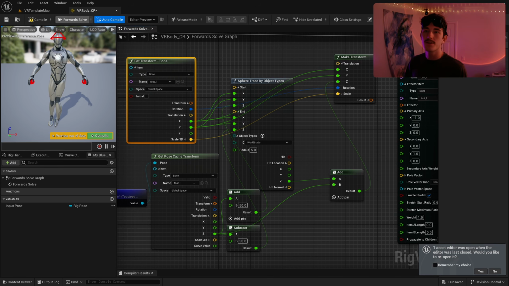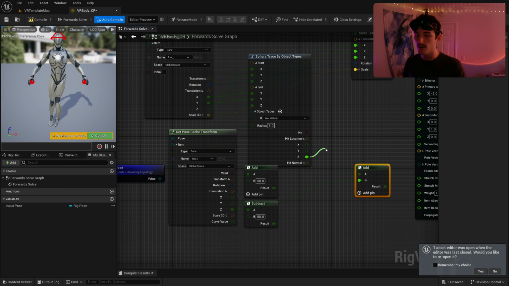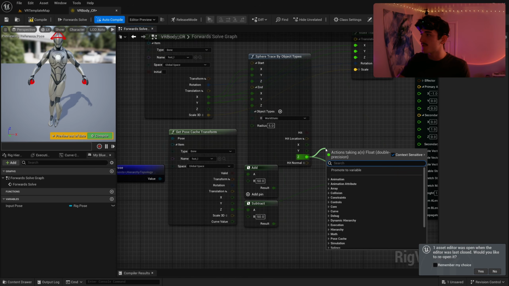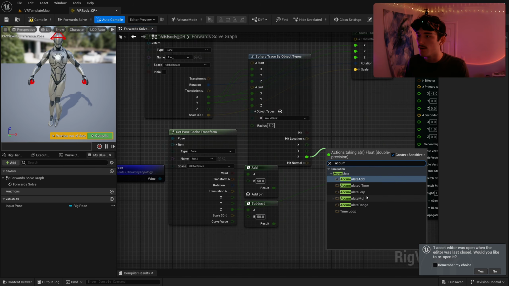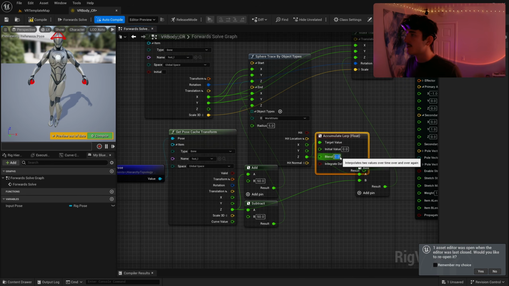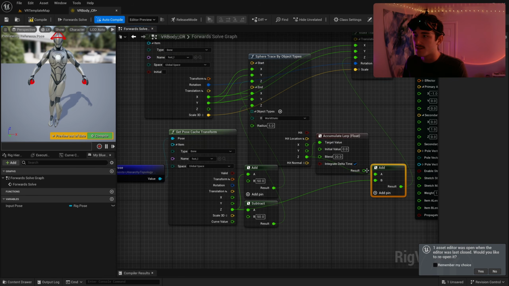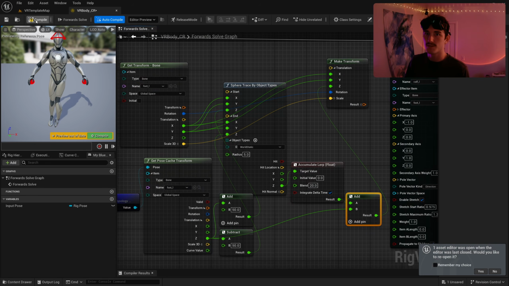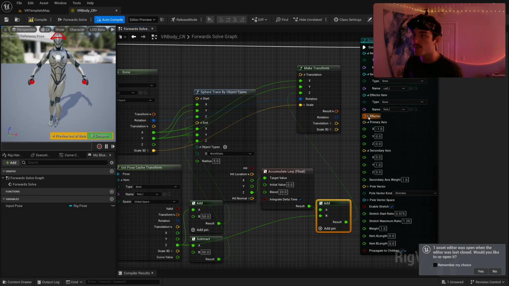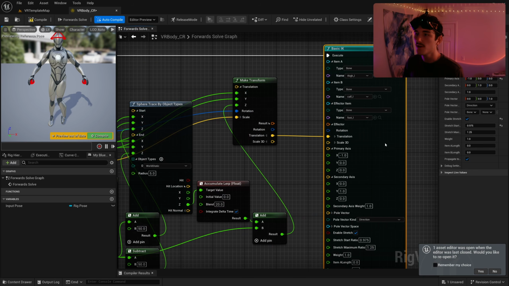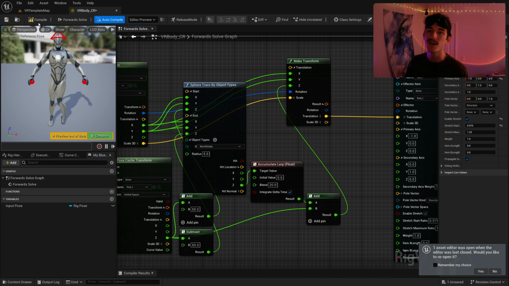And then this is good, but it's going to make that foot immediately snap to that ground offset. So I'm going to drag off of this Z pin from the sphere trace, and I'm going to do an accumulated lerp. I'm going to say a blend time of 20, initial value 0, and make sure to check integrate delta time. And then that's what we're going to add to the initial input pose, Z height. And then this is what we can plug into the location for our foot effector,